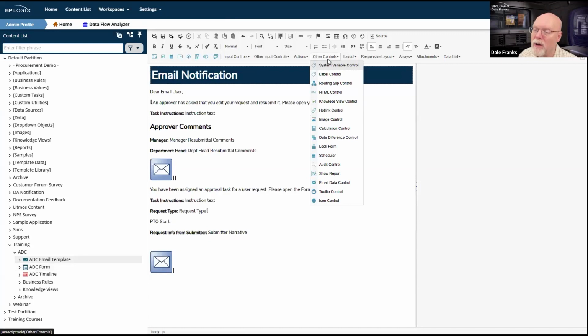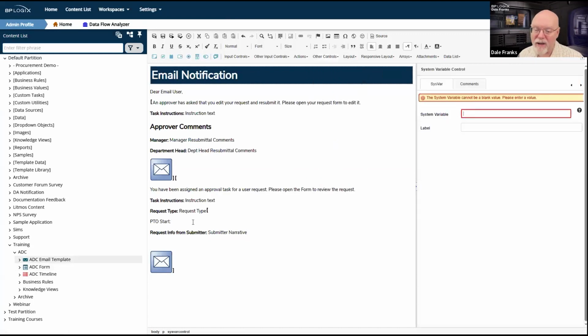Now, look, you don't have to use a system variable control. I mean, honestly, you can just type in the system variable right on the page in text. I'll put it down here so I can get rid of it. I could just type in, okay, well, I'm typing in the wrong place.